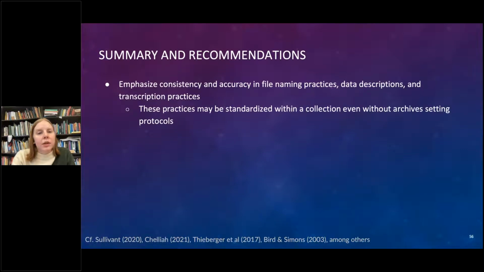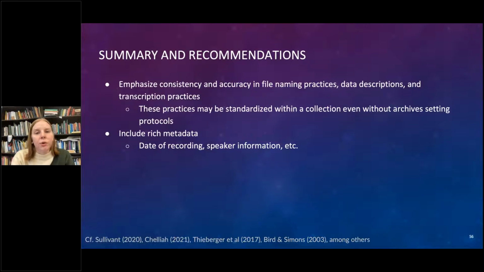These practices might be standardized within a collection, even without archive-wide protocols, which can be tricky because there may be a wide variety of collection types that makes standardization difficult, but internally consistent collections are very useful as well. It would be great to include rich metadata, such as date of recording, speaker information, information about the recording equipment used, any information that is known at the time